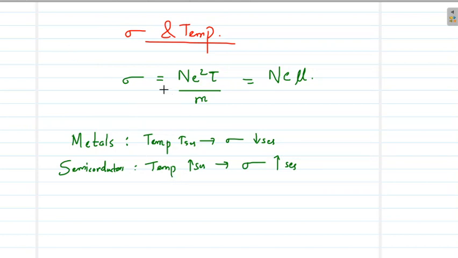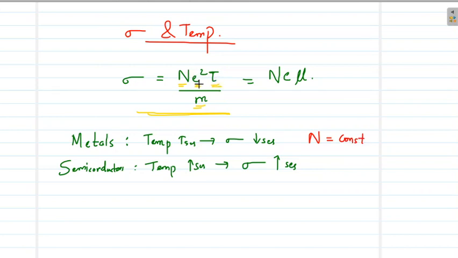So we know from free electron theory, sigma is related to various factors, n e square tau by m. Here e and m are constants, m is the mass and e is the electrical charge. The varying quantities are n and tau. So in the case of metals, n is the total number of electrons per unit volume, charge density, and for metals n is somewhat constant because all the free electrons are free and it is somewhat independent of temperature. So for metals n is somewhat constant, but this tau, what is tau?